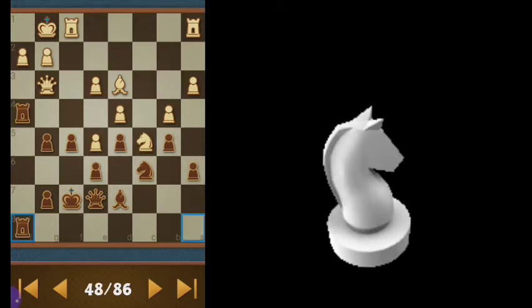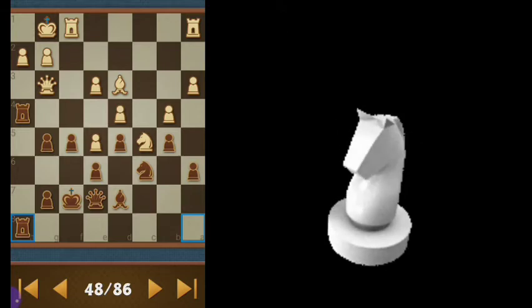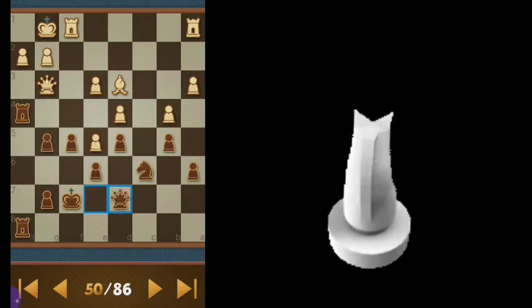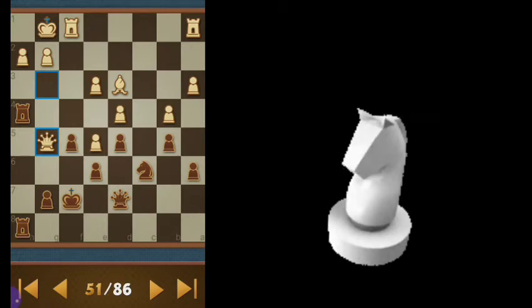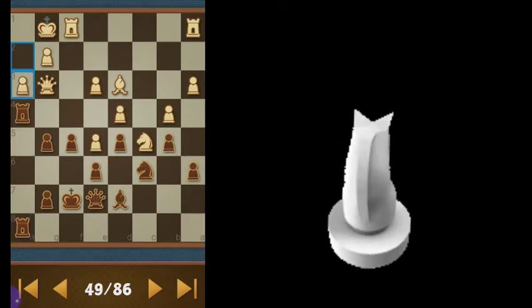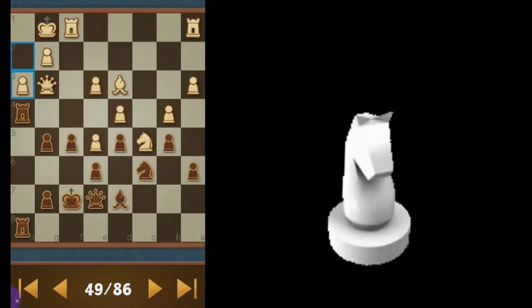Now we're really hoping that white doesn't capture with the knight, because that would be bad. Because we capture right here, and our position isn't as strong. So we're hoping they don't do that. We get lucky on that little spot right there. They don't. They decide to push the pawn forward, which is great for us, because now that means